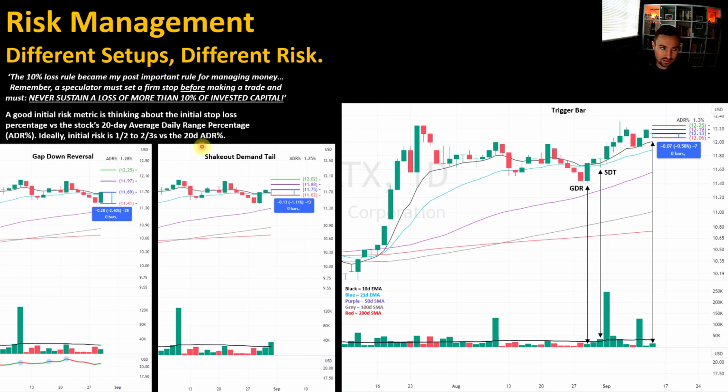So we then have to be thinking, okay, this stock here is a little bit of a slow one. The ADR is about 1.3%, 1.28%, 1.25% at these specific moments in time. Now, to put that into context, the triple Q's ADR percentage ebbs and flows around 1.5%, 1.3, 1.5%. I ideally like to look for stocks with an ADR of 1.5 to 2 times the triple Q's